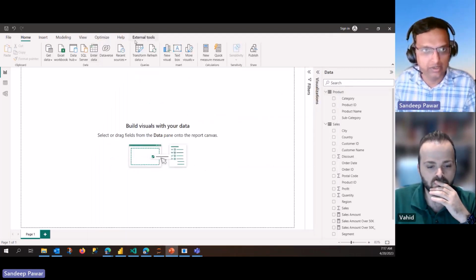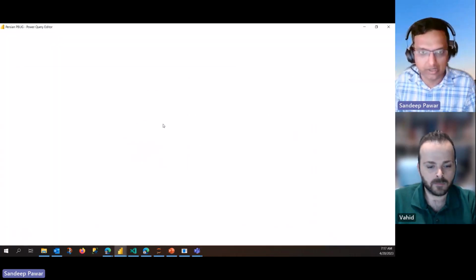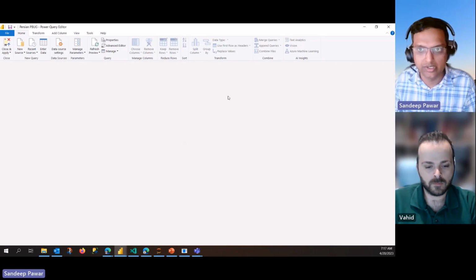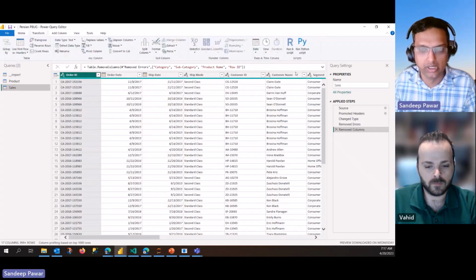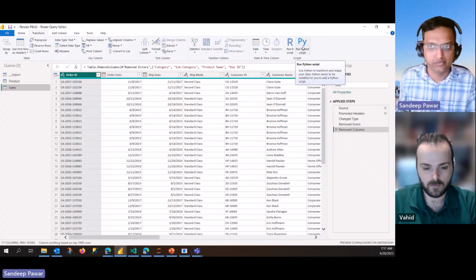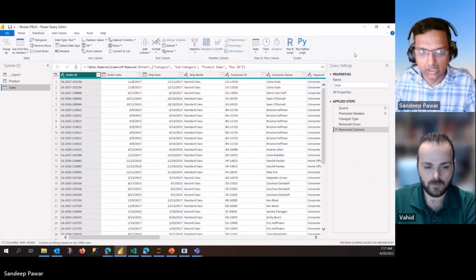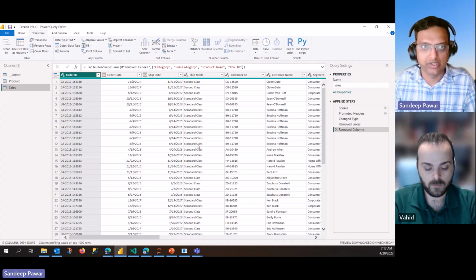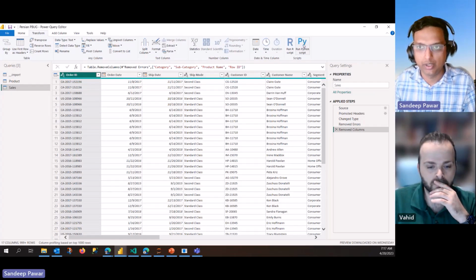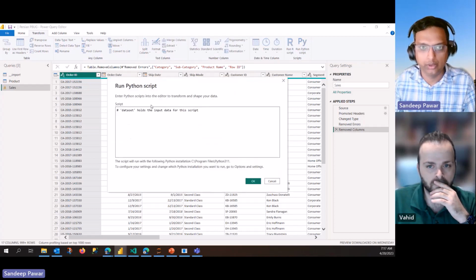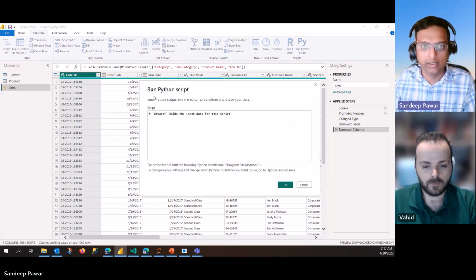Once you have that installed, and by the way, the reason why I'm going so fast here is because the goal is not to show you how to use it, but to expose you and then give you pros and cons of each of these things. Once you have Python installed in Power BI, you can come to Run Python script, and let me show you how it works. Okay, when you launch it, it just works just like